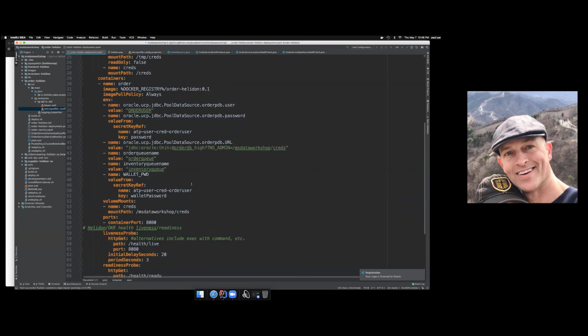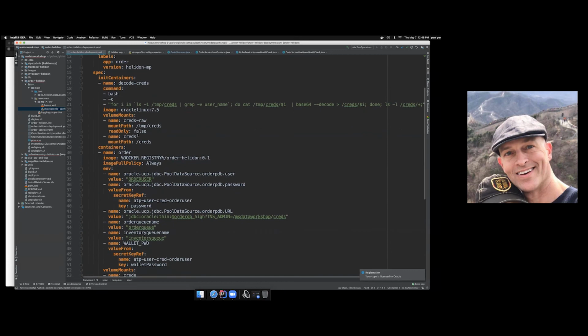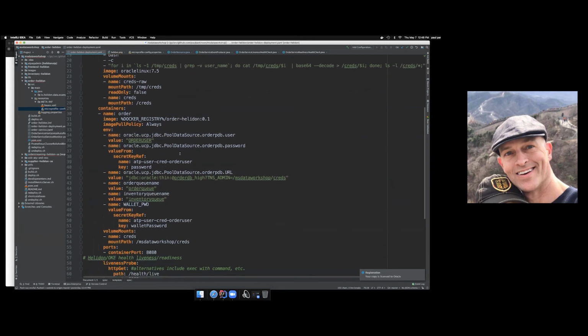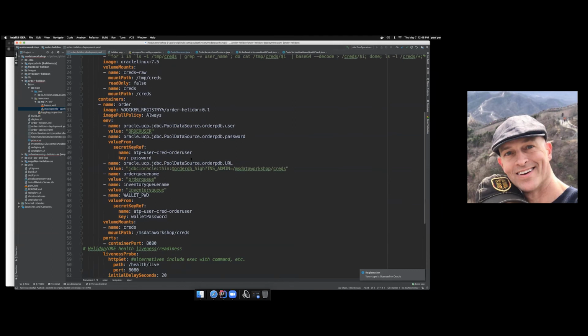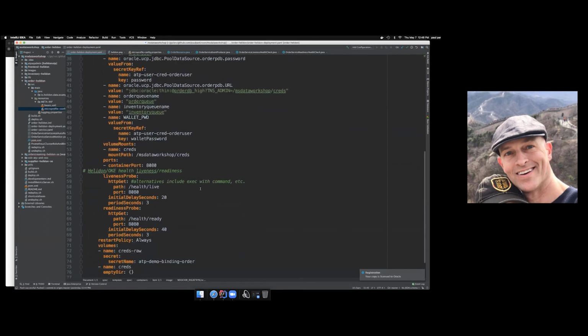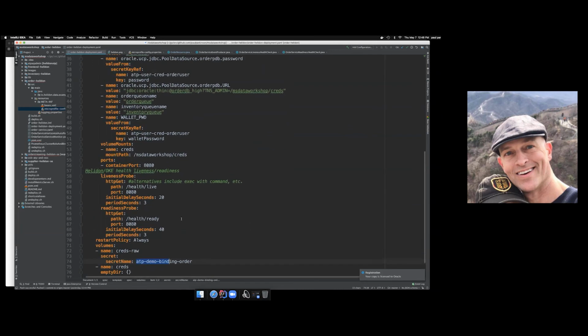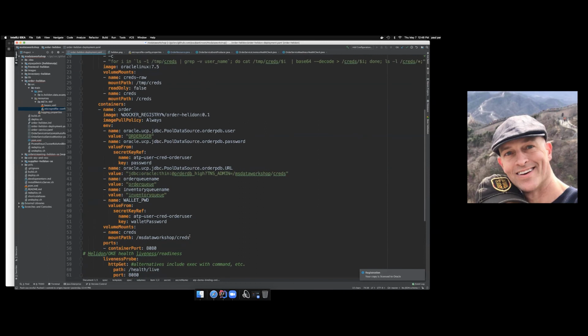Then you have another resource in Kubernetes called a deployment. And this is a description of your microservices, basically. And so in this case, we see that we have this order Helidon microservice. And we're taking that secret from the service broker and mounting it in this container.